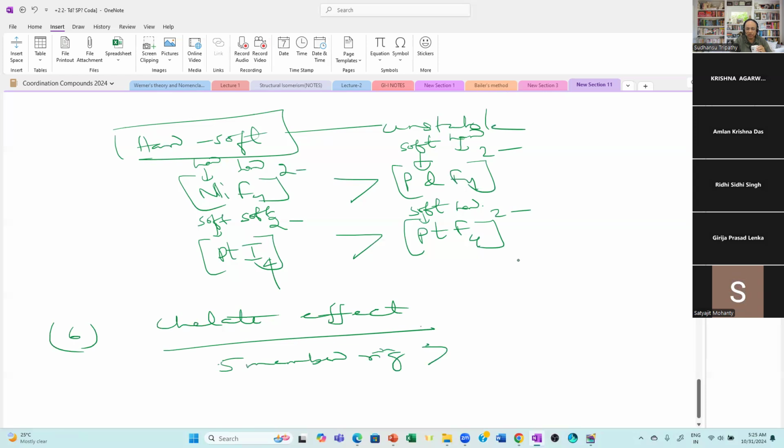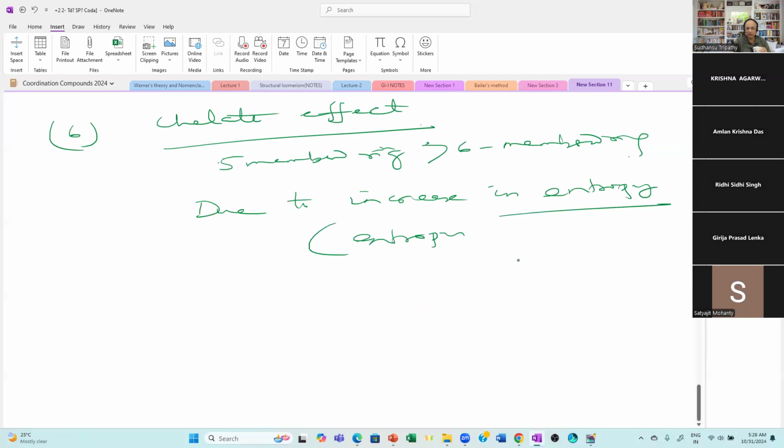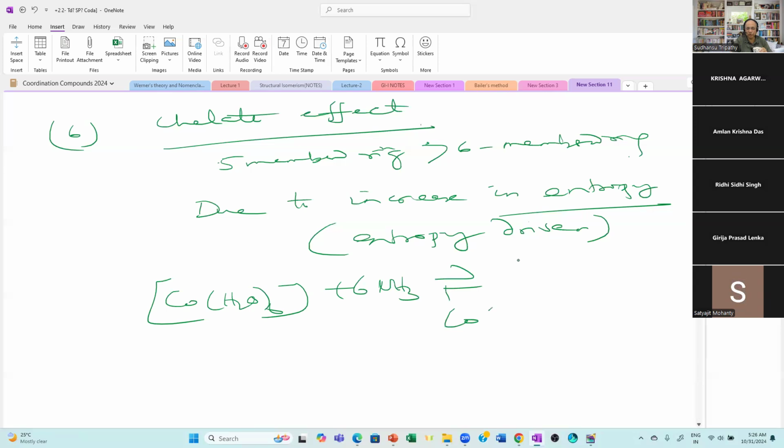Five-membered ring is more stable than six-membered ring due to increase in entropy, or entropy driven. Supposing cobalt with 6 ammonia to produce hexamine,